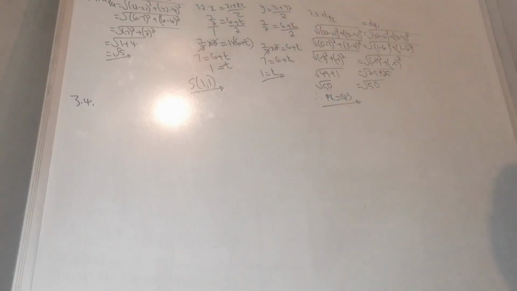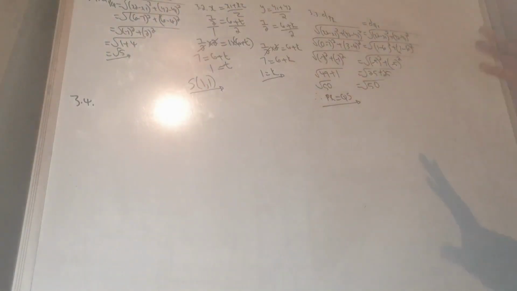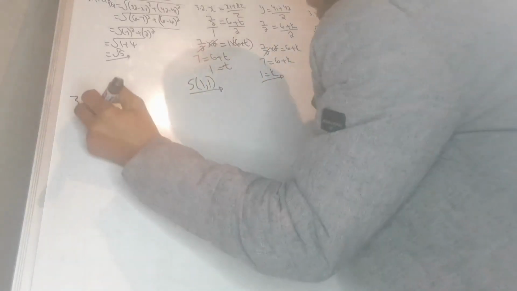RQ is parallel to SP. A rectangle will require that all angles are equal to 90 degrees. Diagonals bisect one another. I will assume that it is a rectangle